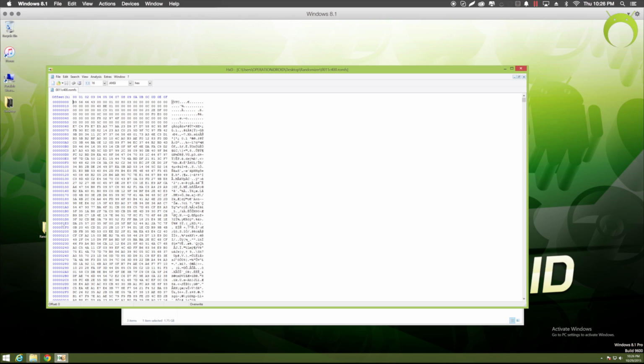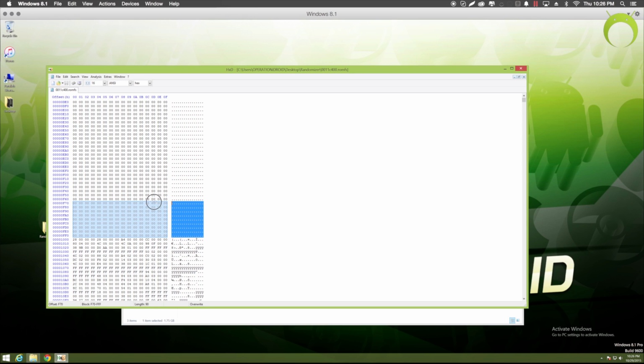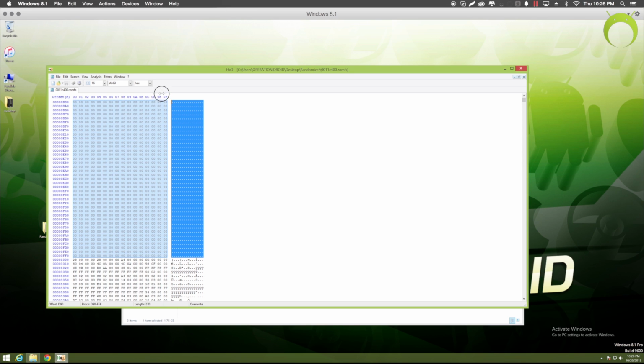Now what you want to pay attention to is the left hand side. As you can see, it's a ton of zeros and then it ends with 3 strings of numbers. You want to get to the bottom line where it says FF0, as you can see right here, and highlight the FF0 line and then highlight everything above it by simply moving your mouse up. So as you can see, I'm highlighting everything from FF0 and up all the way to the top,